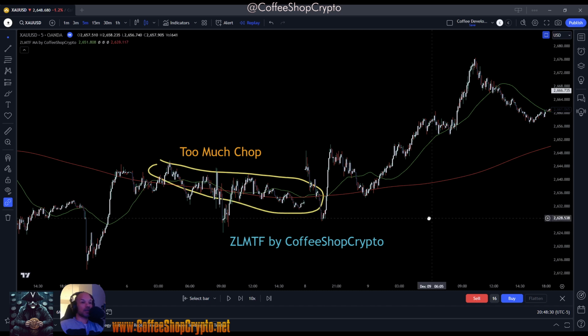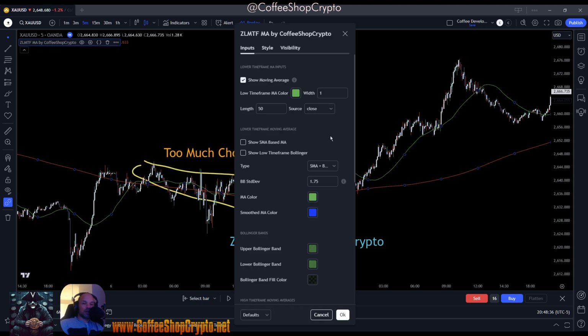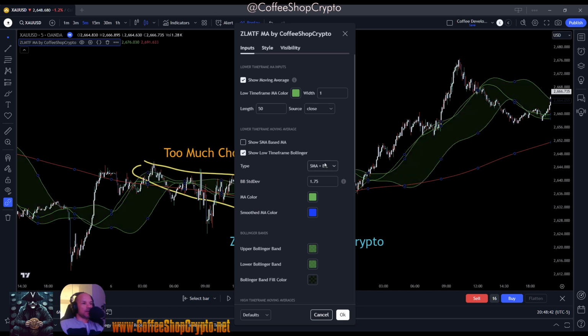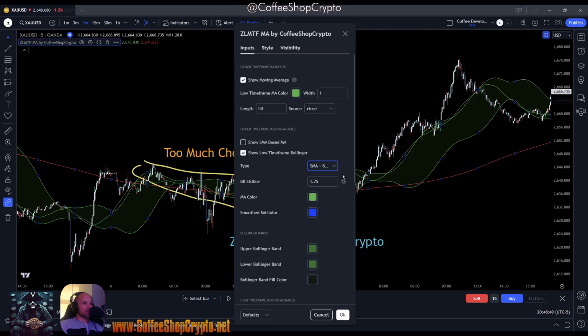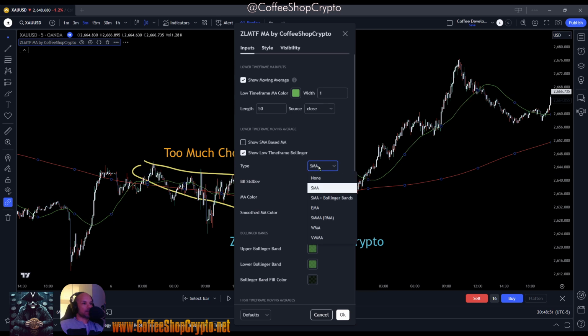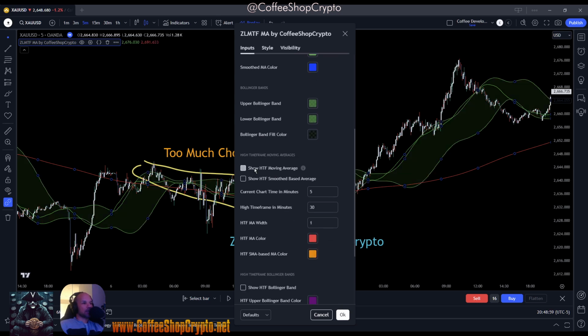Now, the really cool thing here is you can set this for moving averages, or you can set this for, this is for you Bollinger Band people that like using that. So you have to put on your Bollinger Band, right? And you would have to set this for, instead of none, you would have to set it for Bollinger Bands. So you can set the smoothing value for an SMA, right? Bollinger Bands, EMAs, you can set it for whatever you want. Now I'm gonna set it for Bollinger Bands,